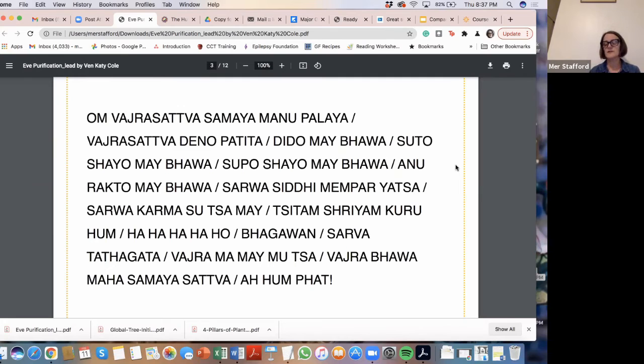Om Vajrasattva Samaya Manupalaya Vajrasattva Denopa Tita Dido Mebawa Sutokayo Mebawa Supokayo Mebawa Anurakta Mebawa Sarvasiddhi Me Prayatsa Sarvakarma Sutsa Me Shirim Shirim Kuruhum Ha Ho Bhagavan Sarvatata Gata Vajramame Mutsa Vajrabhama Samaya Sattva Ahum Pe Om Vajrasattva Samaya Manupalaya